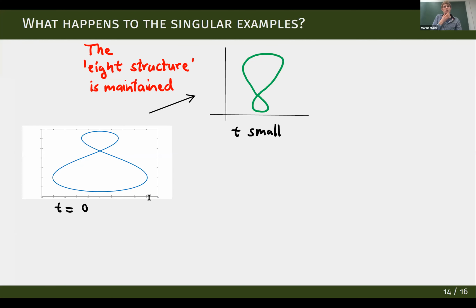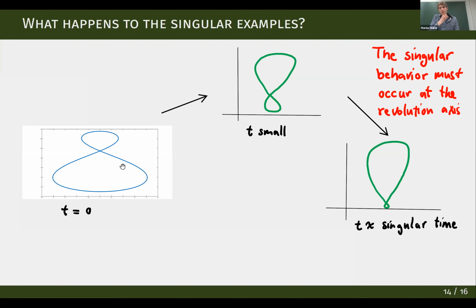All right, so in the rest of the talk, let's look at how the singularity forms, or what happens to the singular evolution. We know now that this 8 must be singular since it has a total curvature of 0, and so there must be a singularity. And how will it look? Well, first, for a small time, the flow will look very innocent. It will preserve this 8 structure, sort of. And then there will be a singularity, and I already foreshadowed that the singularity will be that this loop contracts